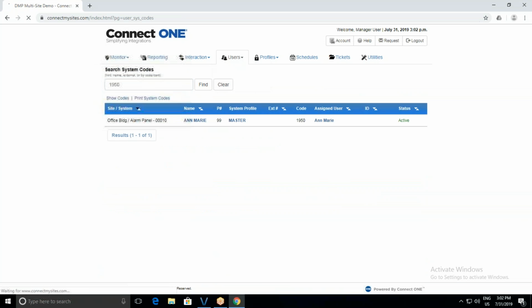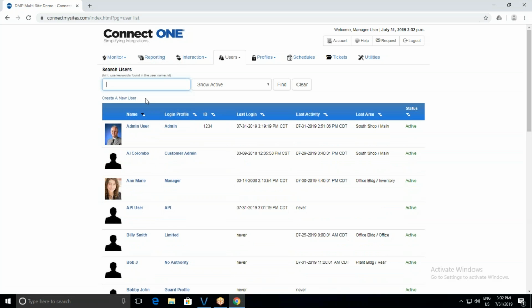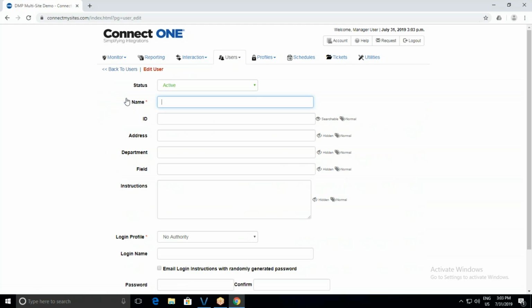Go back and actually go to the user list. The user list is a way you can search by somebody's name and pull up their user, and it will show all the information like I showed. But it's also the method if you're going to add somebody new. And no matter what you're adding for a person, you always start by going to the user list and hitting create a new user. From here, you would type in the person's name,